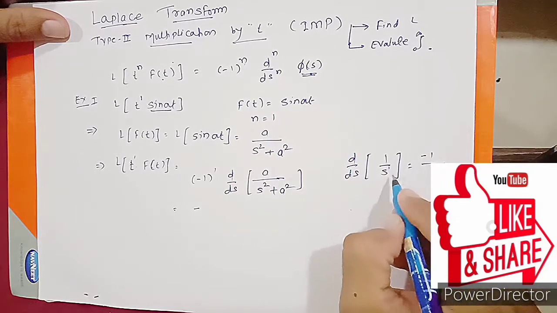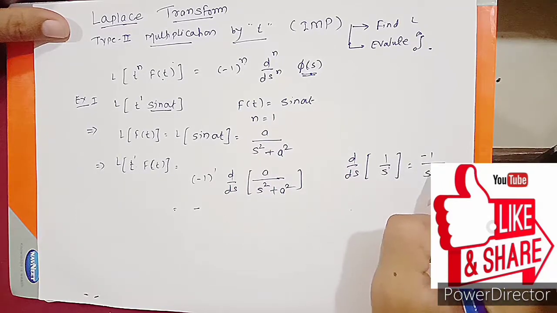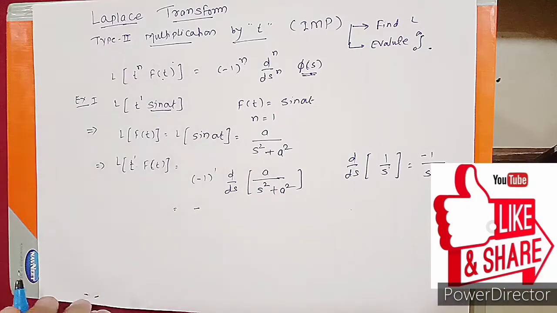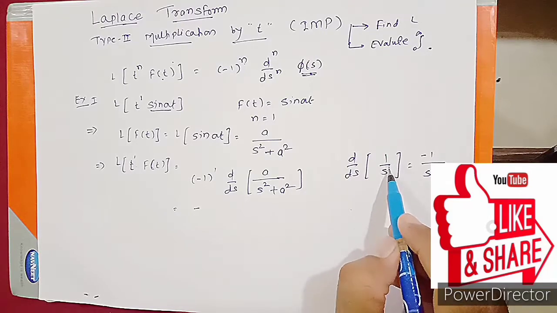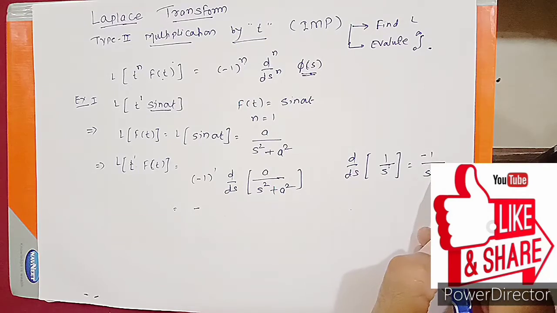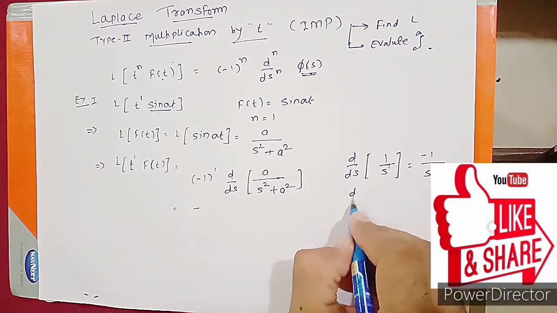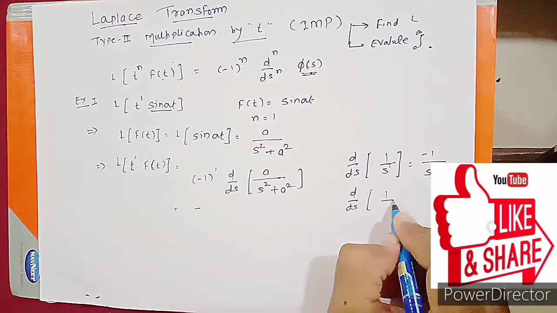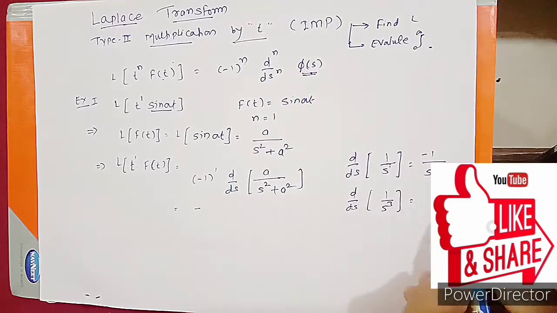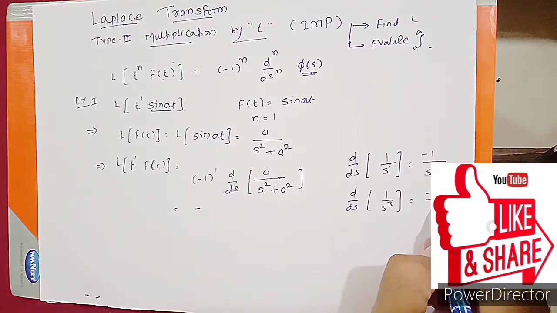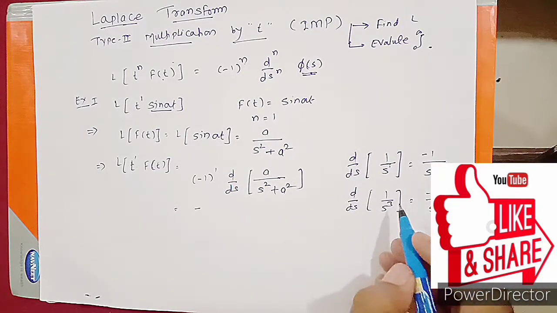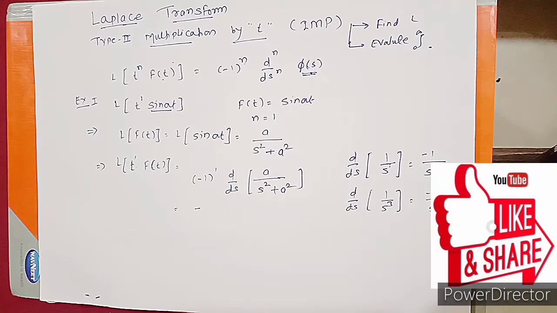So we take minus 1 divided by s raised to 1 plus 1, that is 2. Just understand this concept guys. When they are asking the derivative of 1 upon s, what is the power of s? 1. So that's why we take minus 1 upon s square, power plus 1, right? Suppose they are asking the derivative of 1 upon s cube. So what is the derivative? Here the power is cube, so it is minus 3 upon s raised to 4. This is the simplest way to understand the derivative.